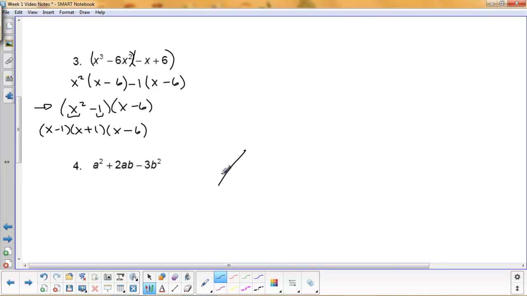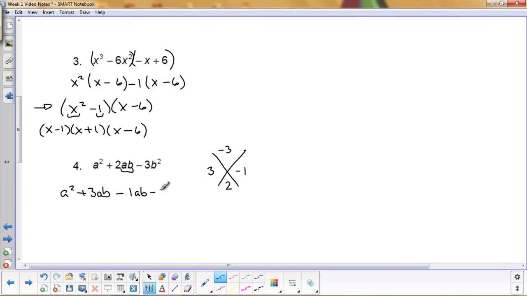So I'm going to draw my little x out to the side, and I'm going to put a times c, which is -3, and then add 2 down at the bottom. And that's going to be 3 minus 1. That's going to give me what I need. And just remember, whatever variable or variables are on your middle term, that's what goes on your middle term when you split it. So it's going to be a squared plus 3ab